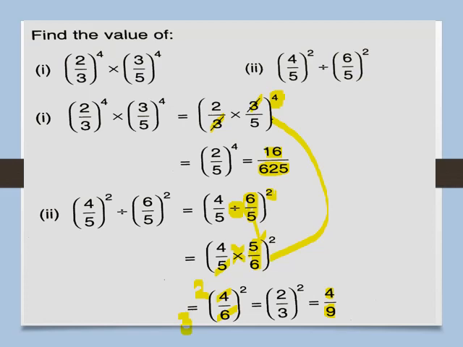Now see here, again these two questions have become the same. If you compare the steps, these two steps of the first and second questions now become the same. Now again here what gets cancelled? 5 and 5 get cancelled. 4 upon 6, again it is divisible by 2. So this is 2, and 6 divided by 2 gives 3. So here (2 upon 3) whole raised to 2 means your final answer is 4 by 9. So in this way we can solve the problems.